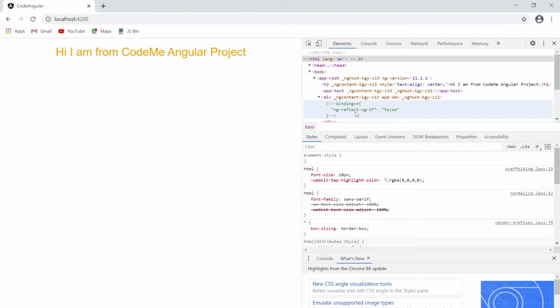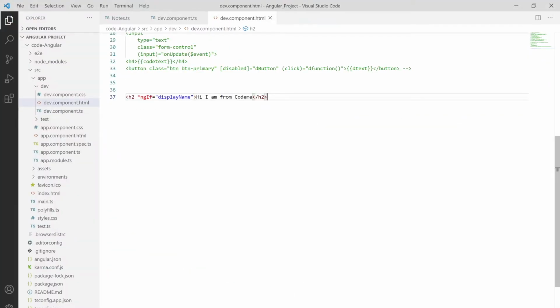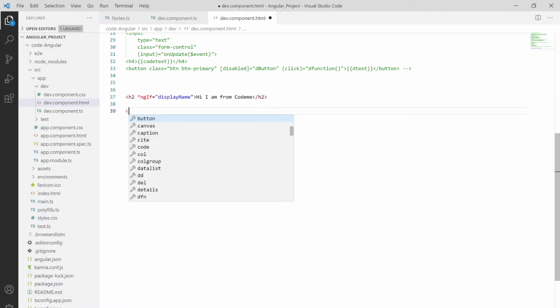In every programming language, if there is an if condition, then there is also some kind of else condition. Here in Angular, ngIf also provides the else condition on the basis of ng-template. Let me show you. So here we are creating this ng-template. Let me create ng-template over here.